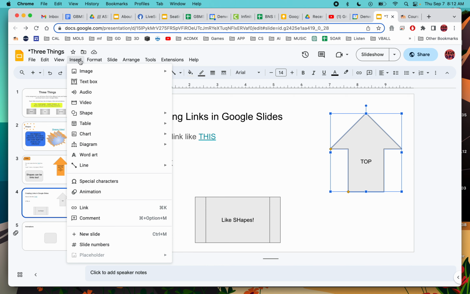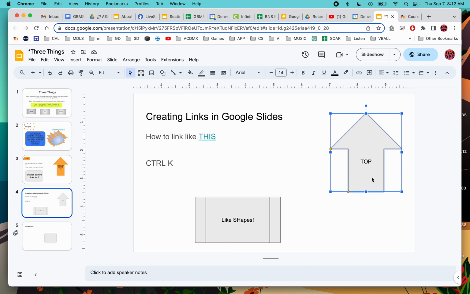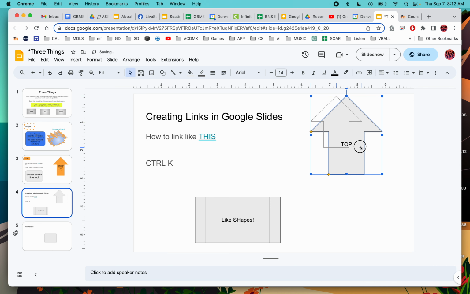You could go to Insert. So there's lots of cool options here. You see link is one of them. And again, there's our handy dandy keyboard shortcut. So select Control K, and then instead of pasting a link,